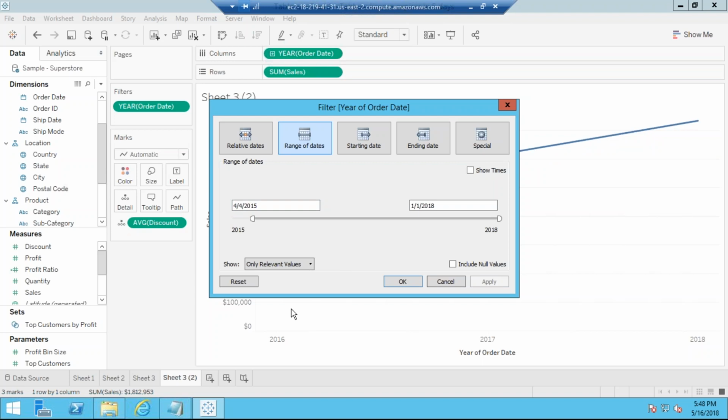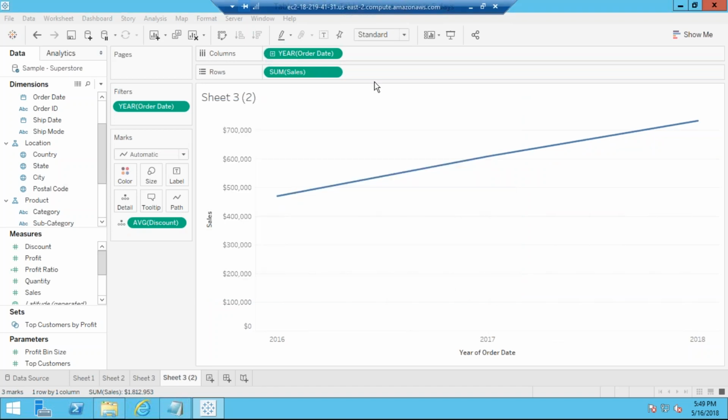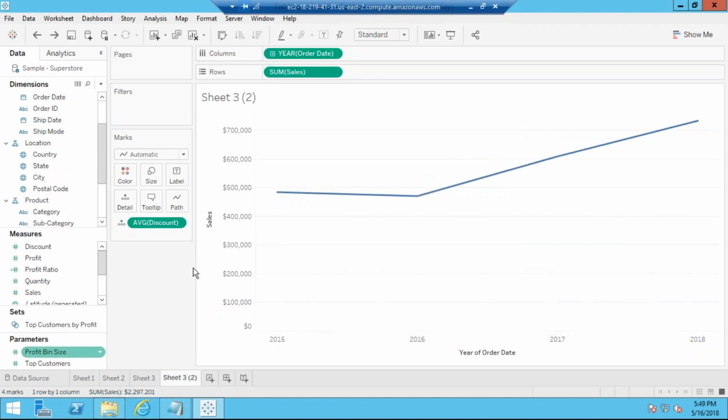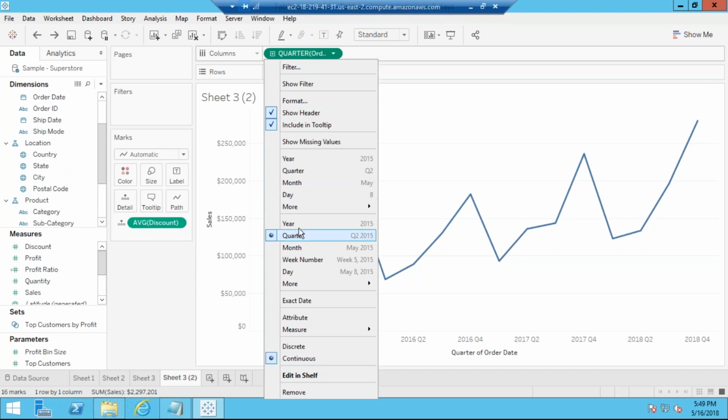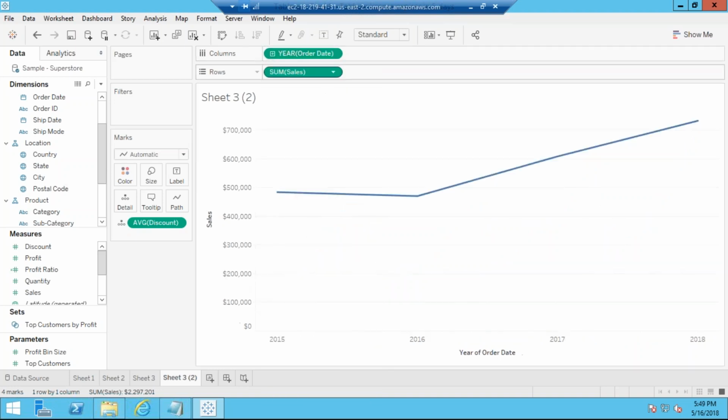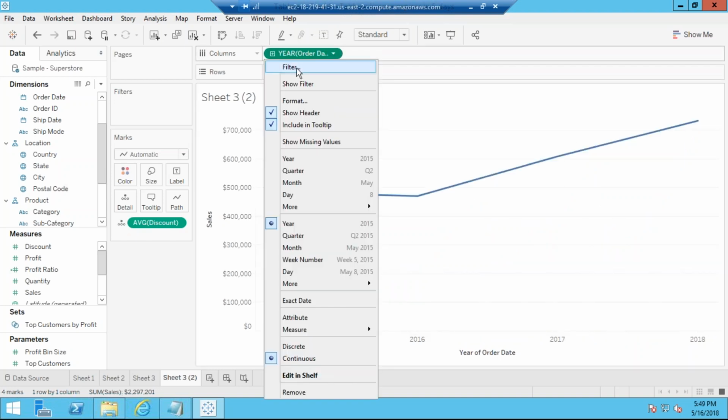So your data will start from that April date. You can see relative dates, date range, starting date, ending date, all that you can specify here. So this is applying filters on that particular view. I'm not filtering the complete data set. I'm just applying the filters on that particular view, nothing else. Getting it? So that is what I can do from here.